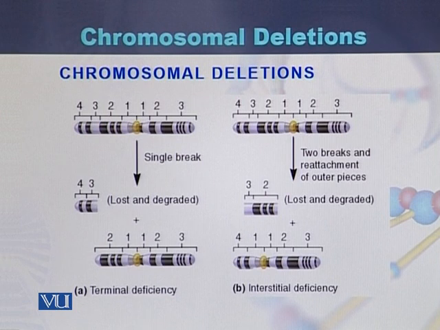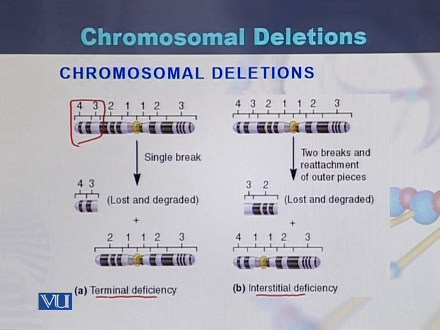Chromosomal deletions are of two types. One is called terminal deletion or terminal deficiency, and the second one is called interstitial deficiency or interstitial deletion. When a small fragment of the chromosome is broken from the end of the chromosome, it is called terminal deficiency or terminal deletion. Here we can see that a small fragment at the tip of the chromosome has been